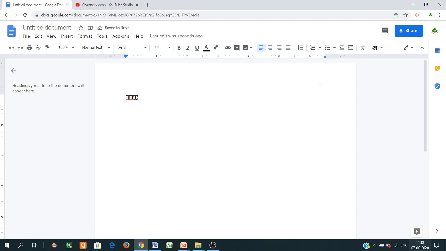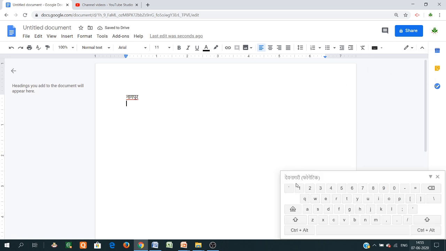Then there is a second way to use the keyboard, Devanagari phonetic. So just this type of keyboard appears. So just write in Nagpur or any type of English, just click here and the sentences appear in Hindi. So this is another way.